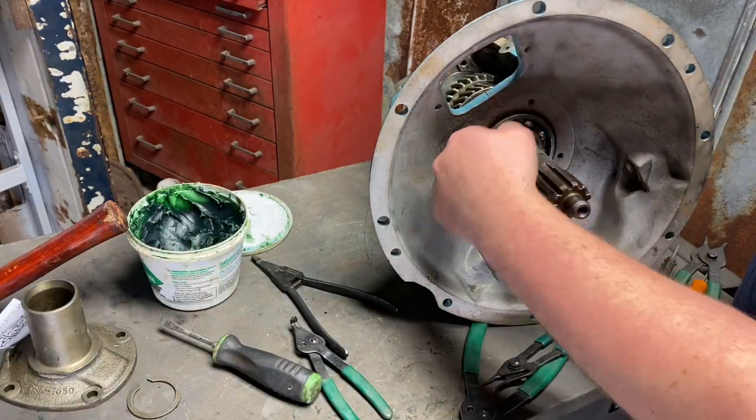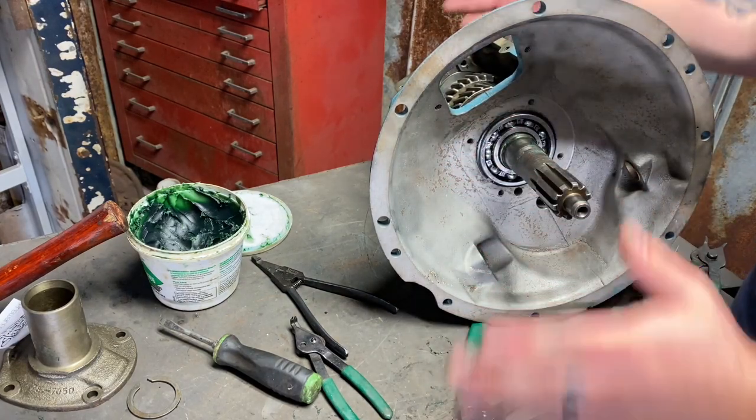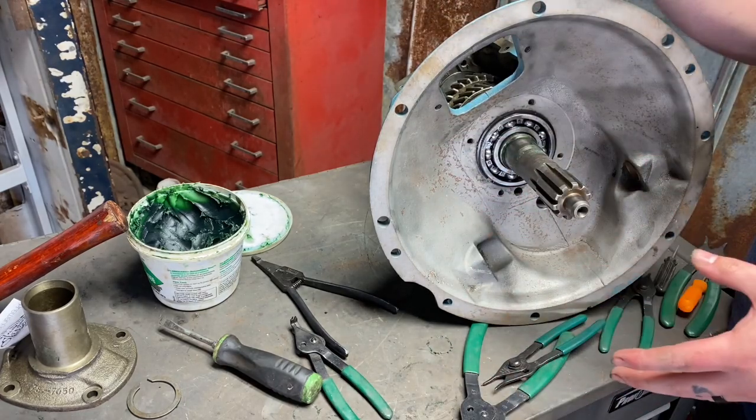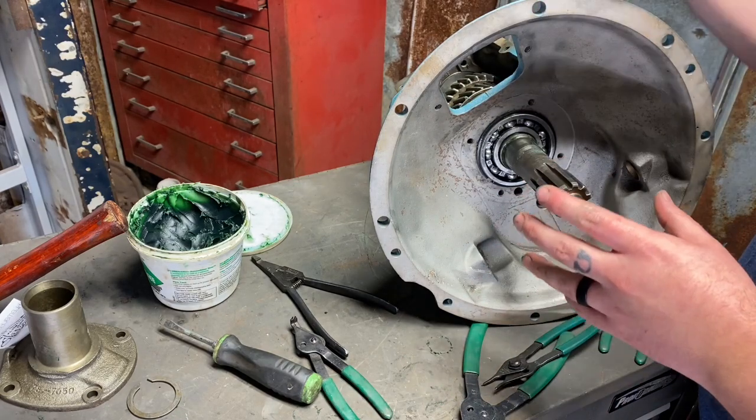But if you have the wrong bearing here, there will be a gap here. And when you put it together, this will be very, very tight. It will not spin over smoothly and easily. So I'm sorry I didn't say that earlier in the video, but that's a way to find out if you